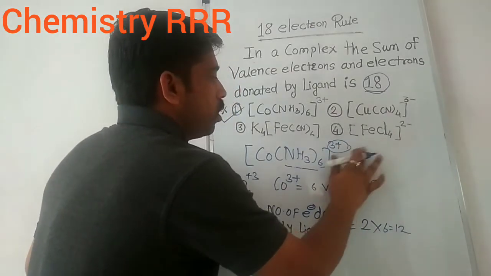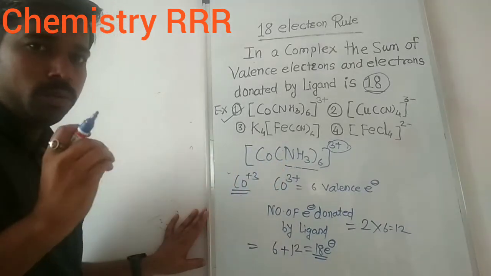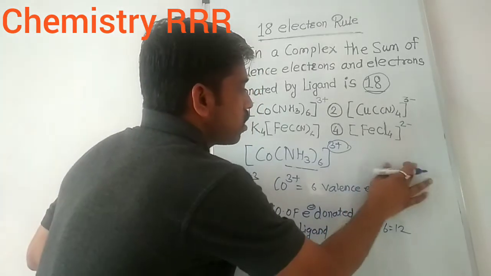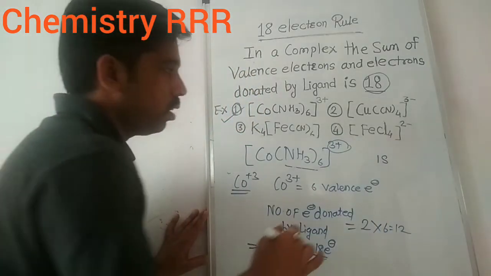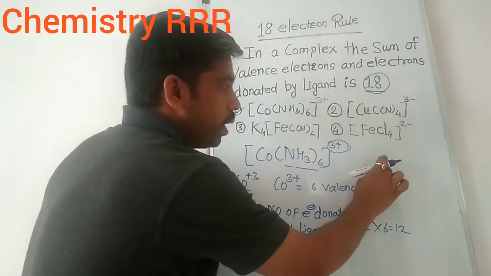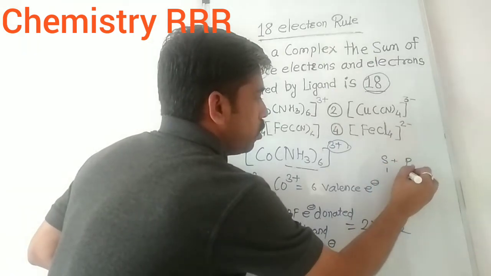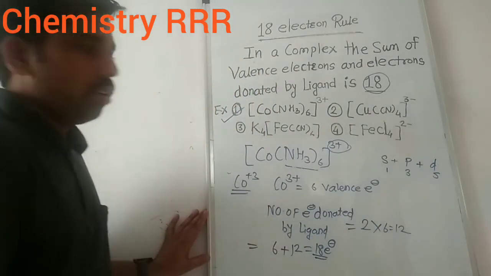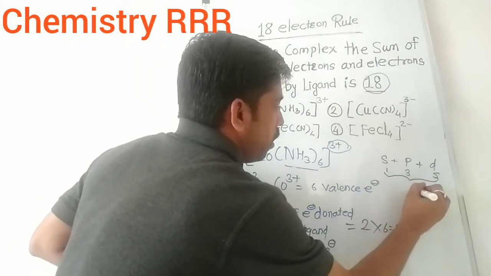You know the valence shell configuration of the 3d metals. This applies to 3d, 4d and 5d metals, for all the transition metals. In all transition metals the valence shell electron configuration is in which one s orbital is present, not 1s 2s like this. One s orbital is present, then 3 p orbitals are present, and 5 d orbitals. So the total number of orbitals is 9 orbitals.